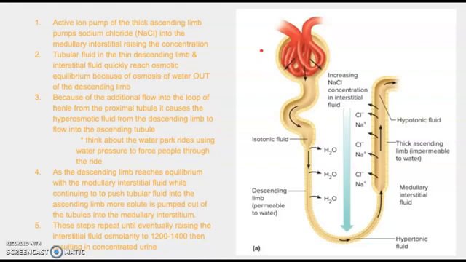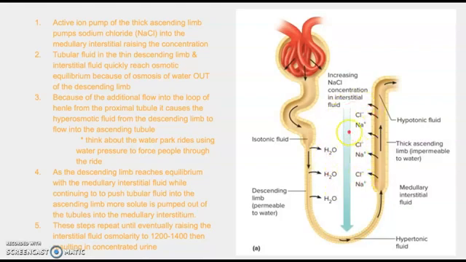So number 1, there's an active ion pump of the thick ascending limb that pumps sodium chloride into the medullary interstitial, raising the concentration. You see that here. The ascending limb, which is thicker, pumping sodium chloride into the